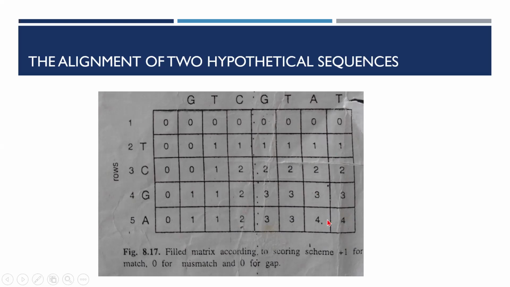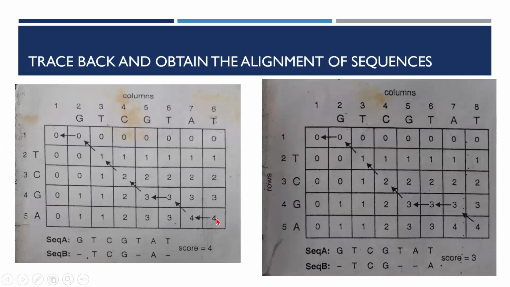Once you fill all the cells in the matrix, you will see the highest score in the last cell of the matrix, which is the lower rightmost cell. Once all the cells are filled with scores, you have to apply the traceback method. When you do the traceback, you start with the last cell, go with the highest value, 4 here, right? Then here all the three values are the same, go in diagonal, again highest, diagonal, diagonal, diagonal, horizontal. After this tracing back, you need to align these two sequences.